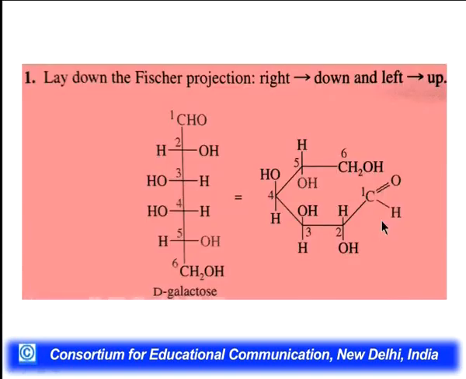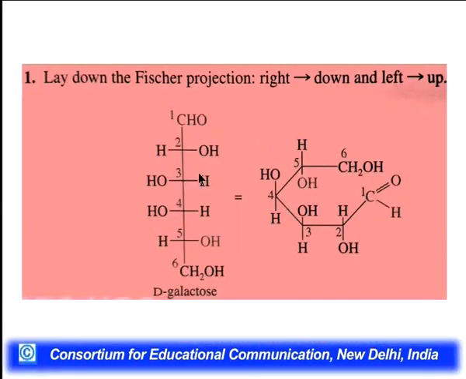Similarly, if I have to draw the structure for galactose, then what you have to remember, as we are discussing in a long way, is that for galactose we will rotate the ring in the right hand direction, so that all the groups which are on the right hand side will come below the ring, and those which are on the left hand side will be above the ring.